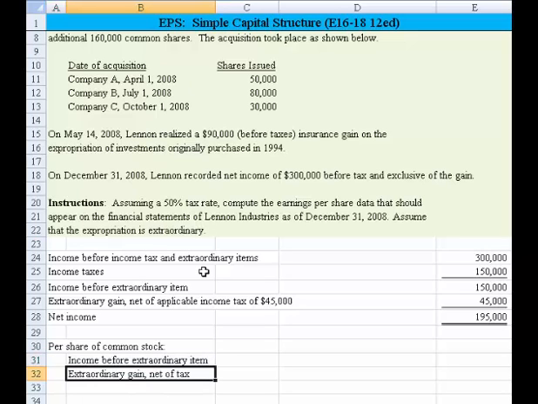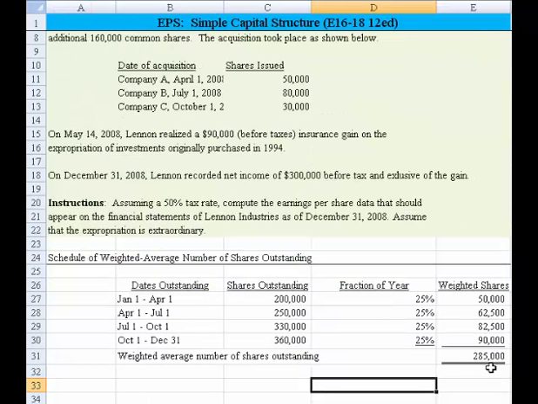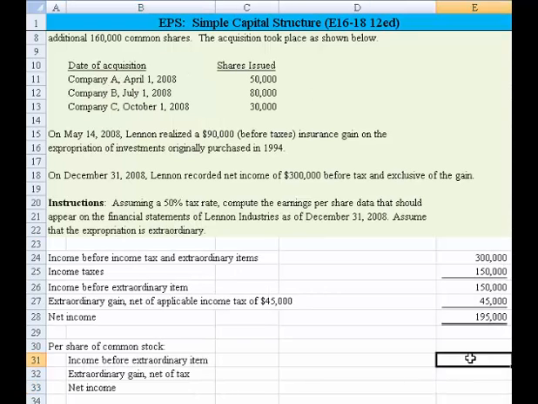Extraordinary gain, only this time we just say net of tax, and we can come up with net income. Okay, now remember we had to do that calculation of the 285,000 that we saw back here, right? 285,000 right there. So that's our weighted average number of shares. We're going to need that. And we're going to first come up with income before